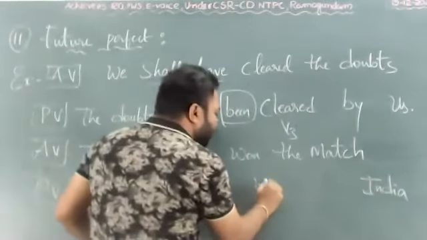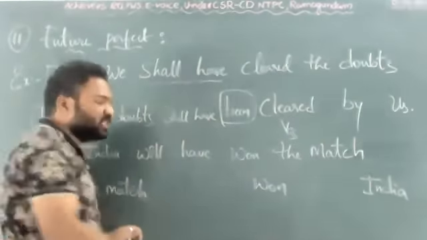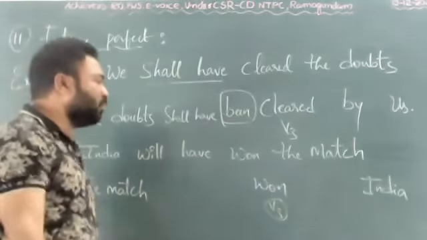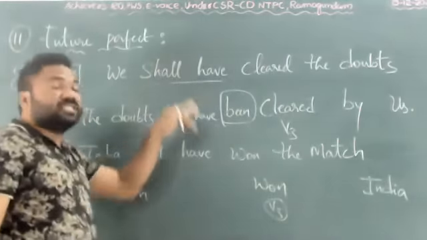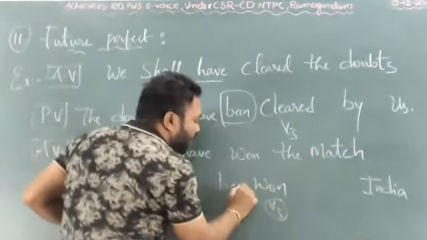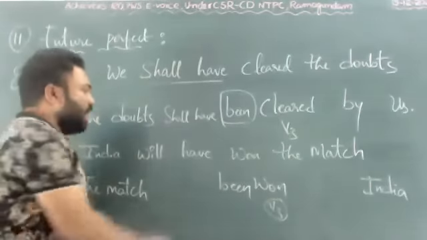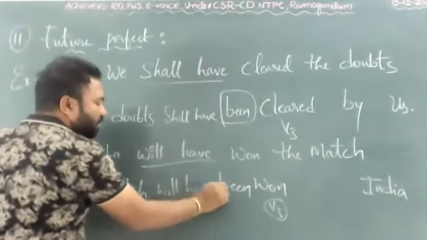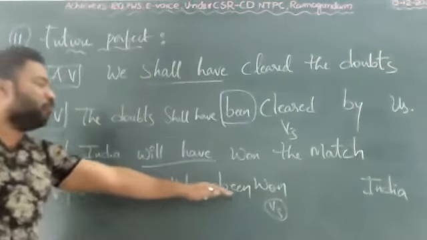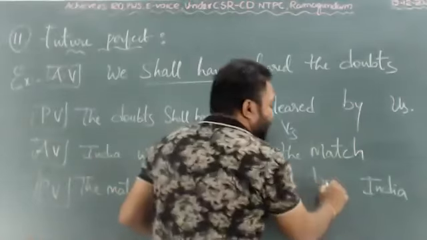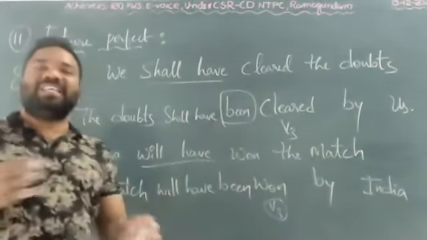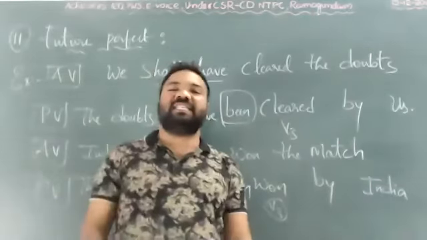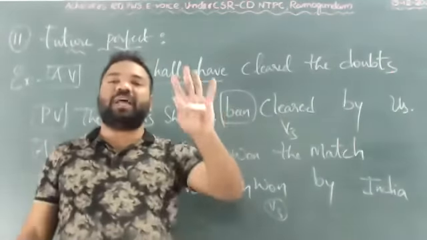Then what is the second rule? Definitely it has to be V3. You know, all of you. Without V3, we cannot say this is in passive voice. And you know what? As this is a perfect form, definitely I have to use been. Clear? And the rest of that, I will write the same here. As it is, the match will have been won by India. So this is how we have to turn an active voice sentence for the different tenses, and except 4 tenses,